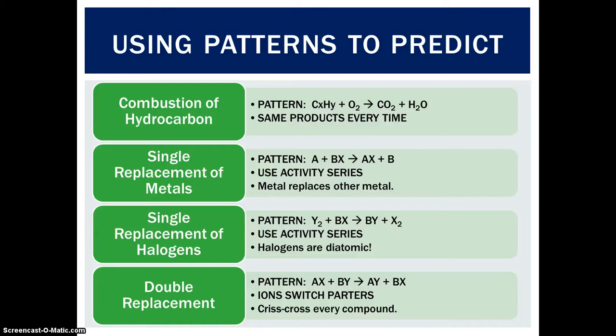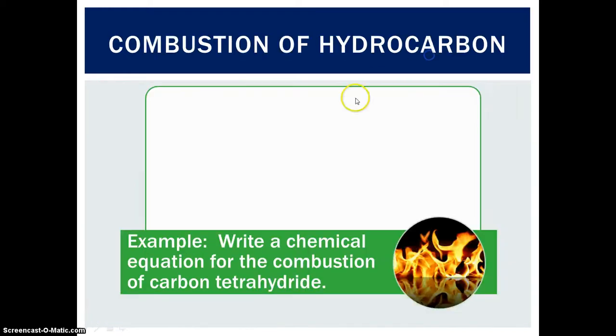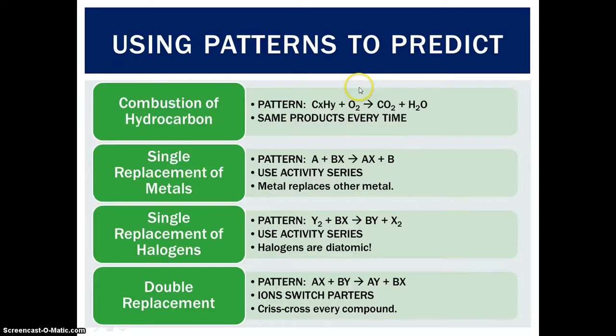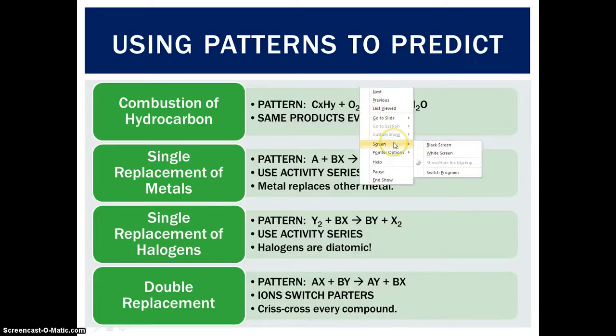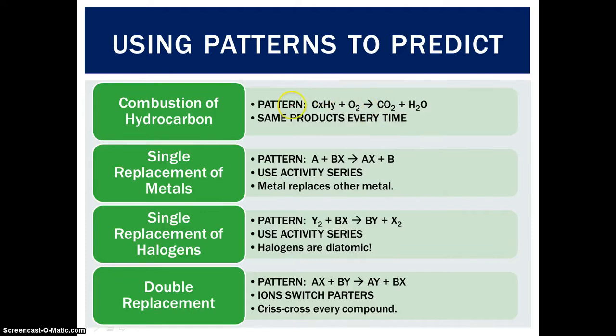So when I'm talking about the pattern of each equation, for combustion of hydrocarbons, if I only gave you the reactants, what you'd be looking for in the pattern is this: